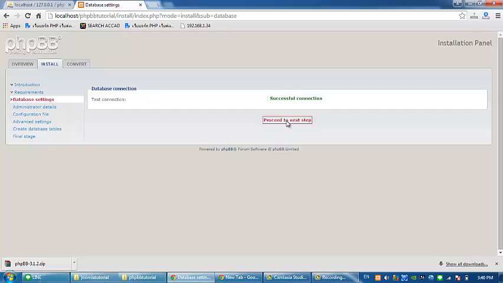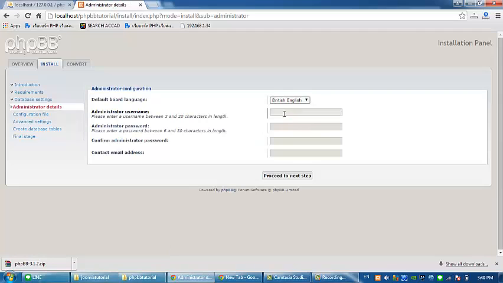Then click this, and we will set an admin password and username. So mine is admin and then password. And admin mail.com.